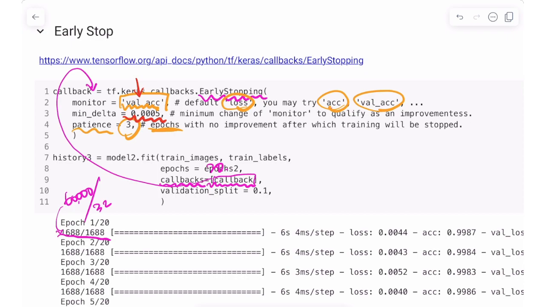That means if your model does not improve within a time window of 3 epochs, where the monitor is validation accuracy and the threshold is 0.0005, your model may not improve later. So you can stop right here. You don't have to perform additional epochs. In this case, although the epoch count right here is 20, you can see that it stops at the 5th epoch,